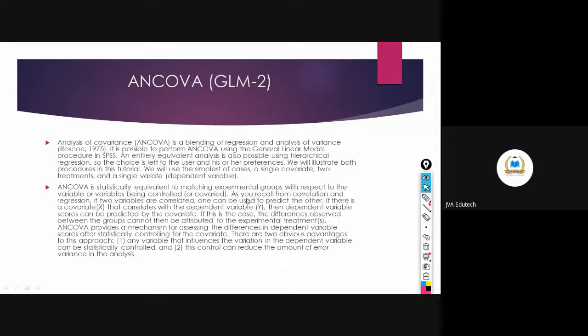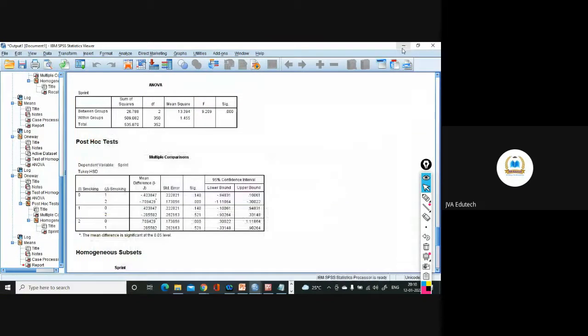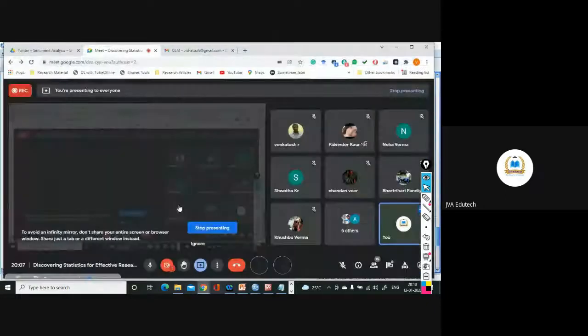Correlation I haven't told you, so you won't be able to understand this. Can you take up this after correlation and regression? Yes, sir. That will be more meaningful to us. That will be meaningful because other GLM models are based on regression and correlations. So for today, I am stopping.